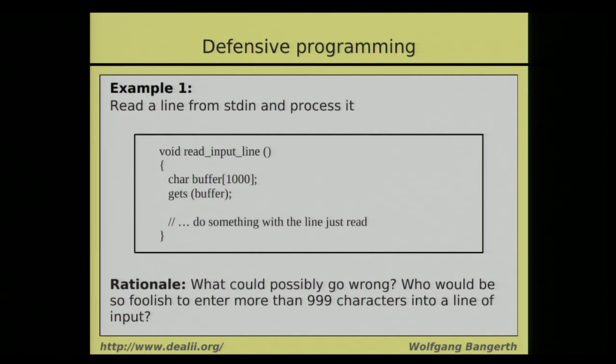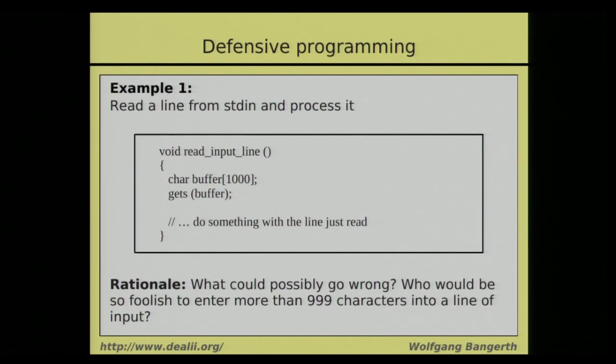And what is going to happen in that case is that this function gets just happily reads 1,050 characters, and it will overwrite the end of this buffer variable, and whatever is past the end of this buffer will be overwritten. And as a consequence, your program might do whatever. Maybe it's going to reformat your hard drive. So this is the sort of situation where you know that eventually somebody is going to enter